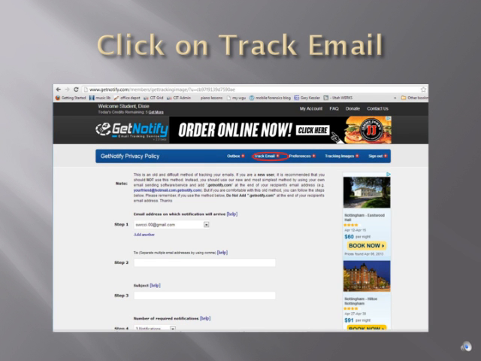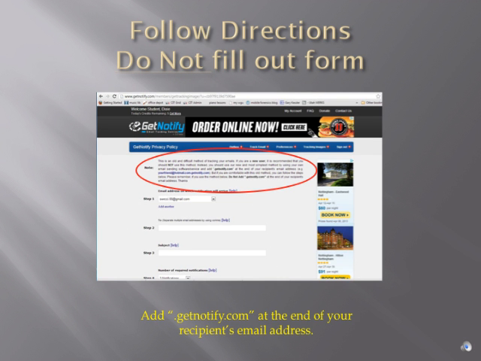And then you come to this next screen. It used to be a little tricky to use this web service. They've now made it easier. So rather than going through step 1, step 2, step 3, at the very top on the banner, click on track email, and you'll get to this page. Read the note at the very top, and it tells you that the process below is an older method of doing this, and that if you're a new user, don't use that method. It's much easier once you've registered for the service, and you've registered the email that you're going to use.